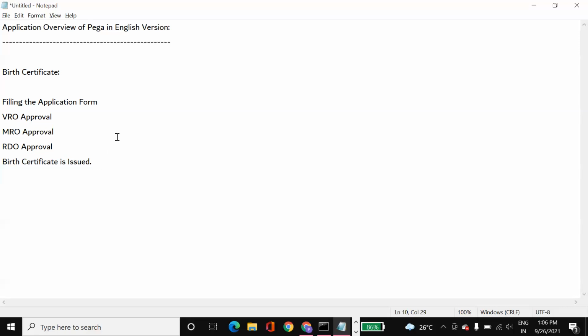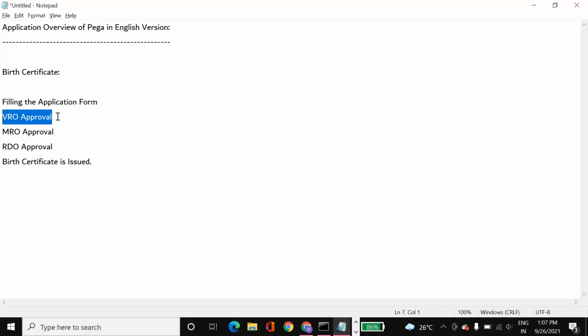Now, if all this is happening in the manual process, there might be a lot of issues, because you don't know how much time it takes. If you go to a government office and put in an application, we don't know, it may take weeks or months, or even a lot of time to perform any action, because government officials may be busy with other tasks, and a lot of things will happen.